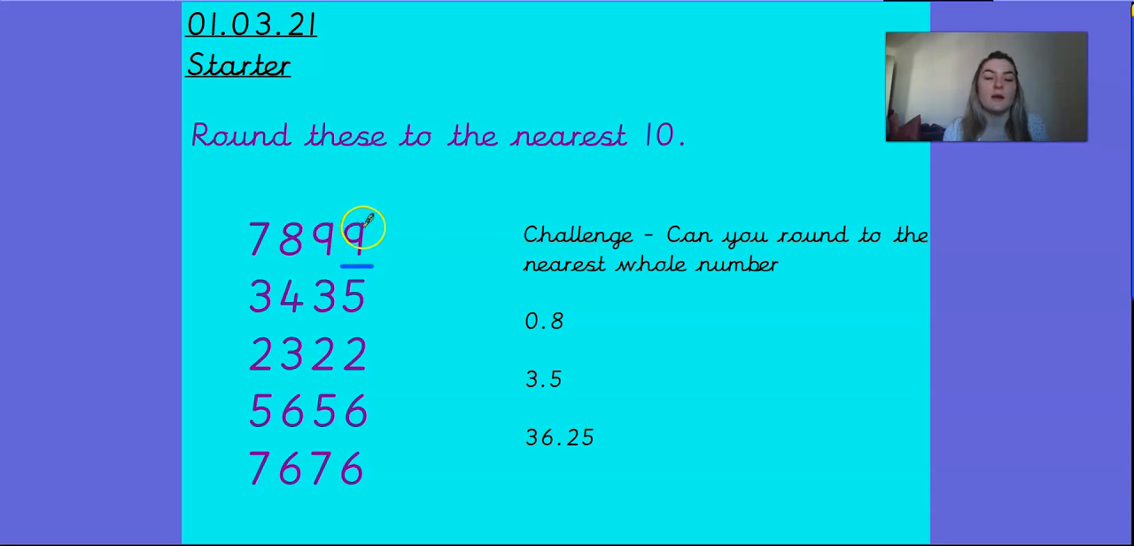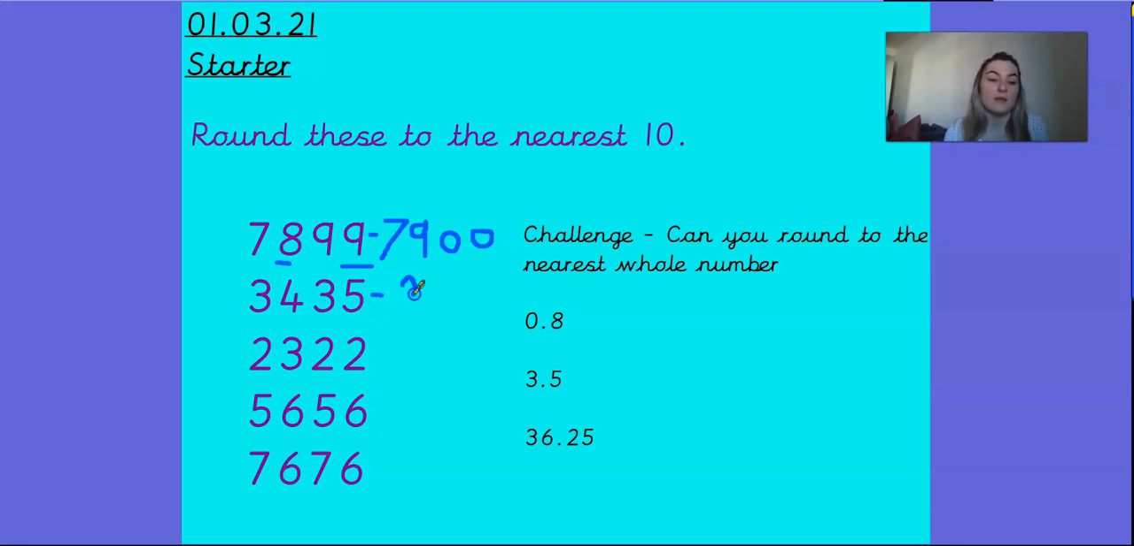But I'm not going to round upwards to 90 because that would be me rounding down. So actually, if I was going to round upwards to the nearest 10, that's going to mean that I've got to 100. So I'm going to need to actually change my hundreds column here. So it's actually going to be 7,900 because rounding up to the nearest 10 would take me to 900. Okay, then we've got